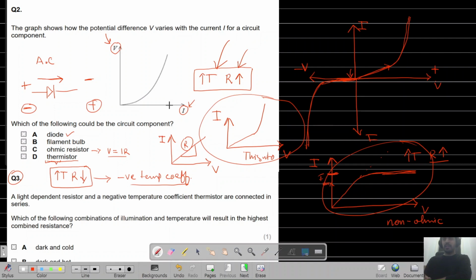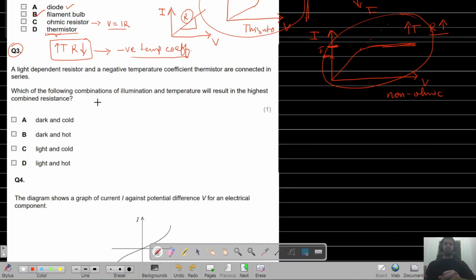And here you can also see the current becomes constant at some value here. So this is the graph for a non-ohmic device. In other words, this is filament bulb, that is option B. The next question is a light-dependent resistor, we call it LDR, and a negative temperature coefficient thermistor are connected in